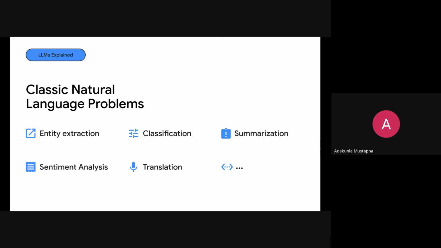You can throw an image to it and it can bring out the sentiment from that image. It can extract entities from different things, and it can also help classify and summarize. That's some interesting thing about LLMs.